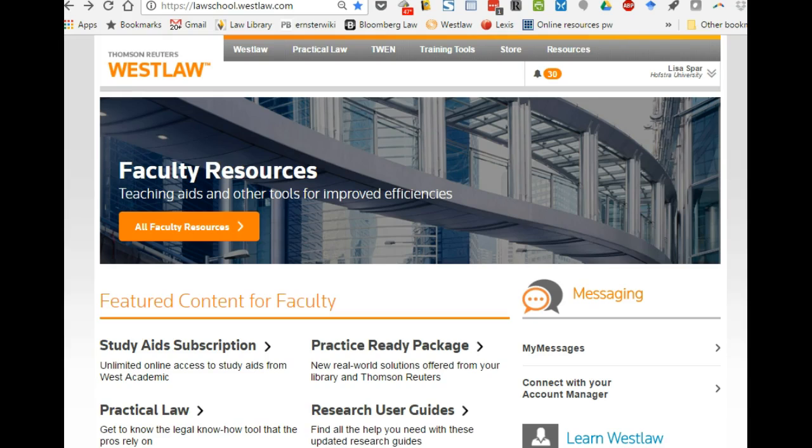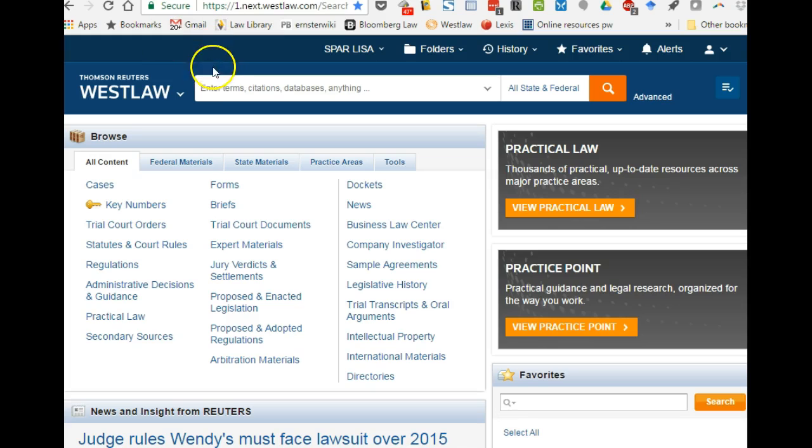What's our best friend? Oh, good, you guys are good for that. Annotated codes. Annotated codes give us those wonderful case notes or notes of decision, but they also give us references to secondary sources and to form books. So just since you all seem like you need a little bit of memory jog, let's take a look at